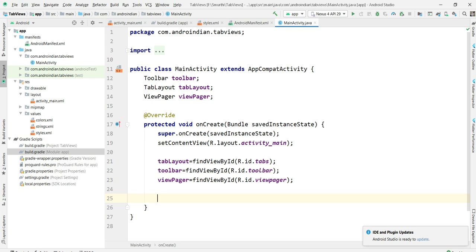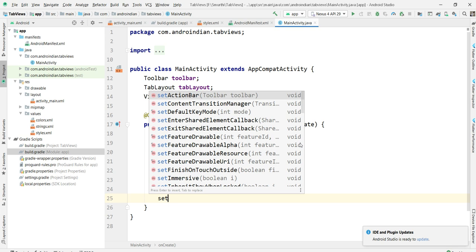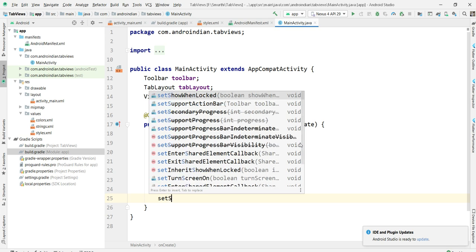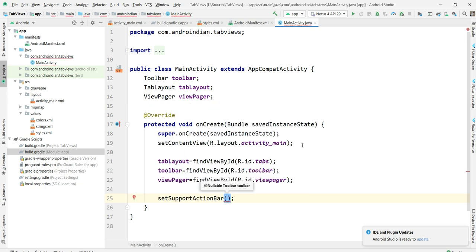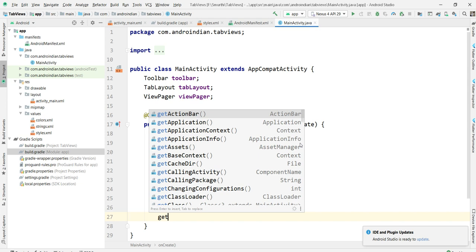Then once it is done here, now we need to set up the toolbar. So how to set this toolbar? There is a method called set support action bar for this. Set support action bar, and for that we need to set the toolbar. So it should be replaced programmatically with that. So it's done. Then after this, we can add some more things, an extra thing we need to add, get support.